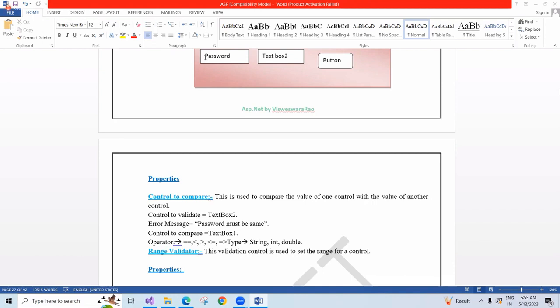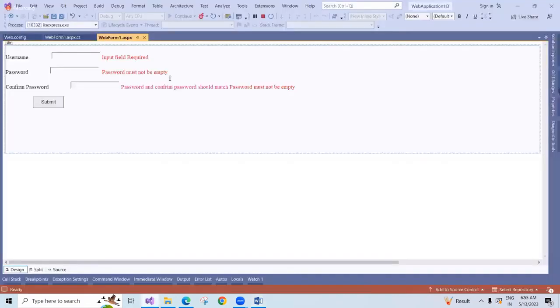Okay, everyone done with that? So the next one is range validator. I'll just show it and we'll see that again on Monday. If you go here,